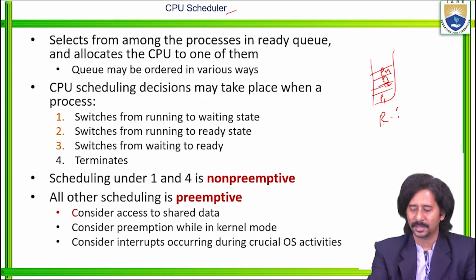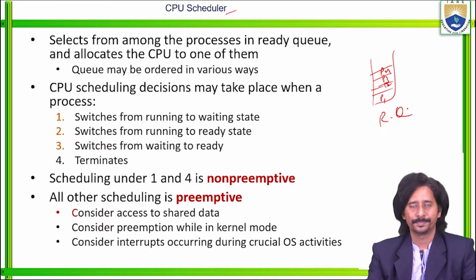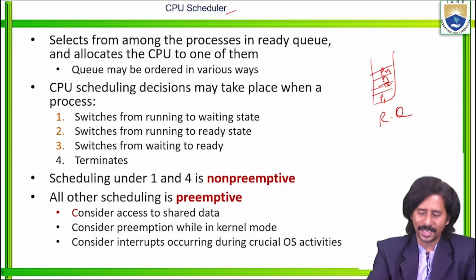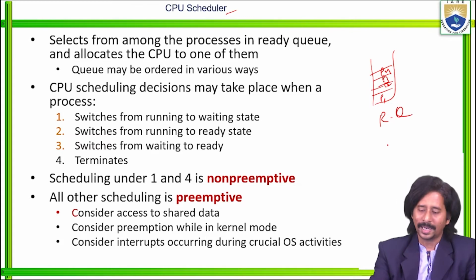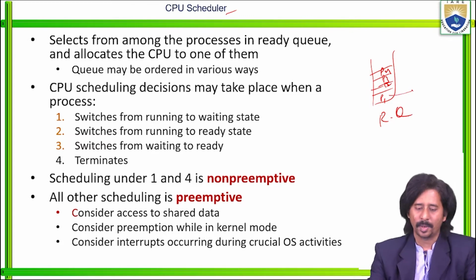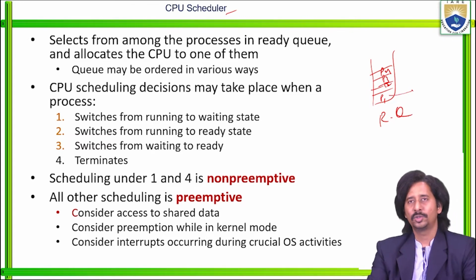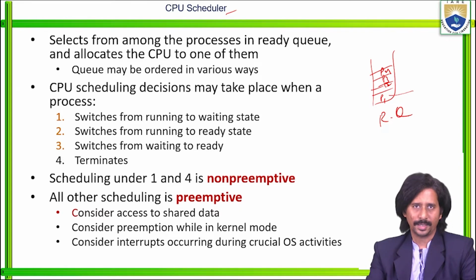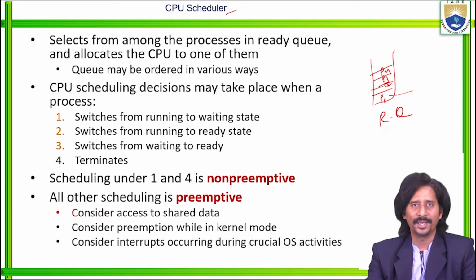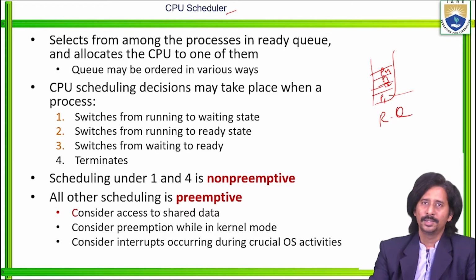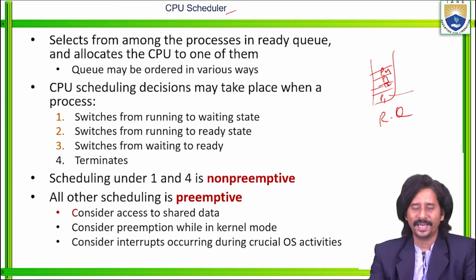So these are all the processes that entered into the ready queue. Now the processor selects among these processes like P1, P2, P3, P4 and allocates the processor to that particular process, right? Here the queue may be ordered in a number of ways, like the ready queue, waiting queue, as well as the device queue. Now CPU scheduling decisions take place